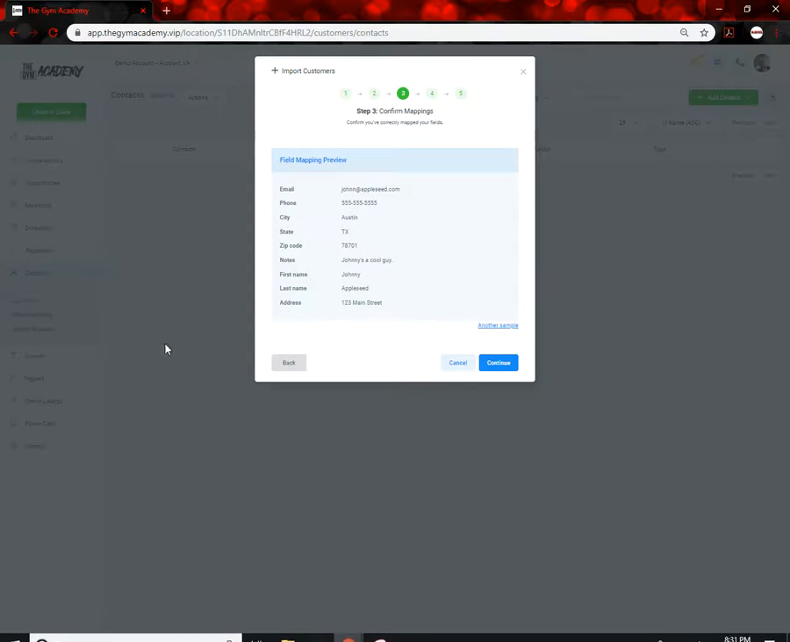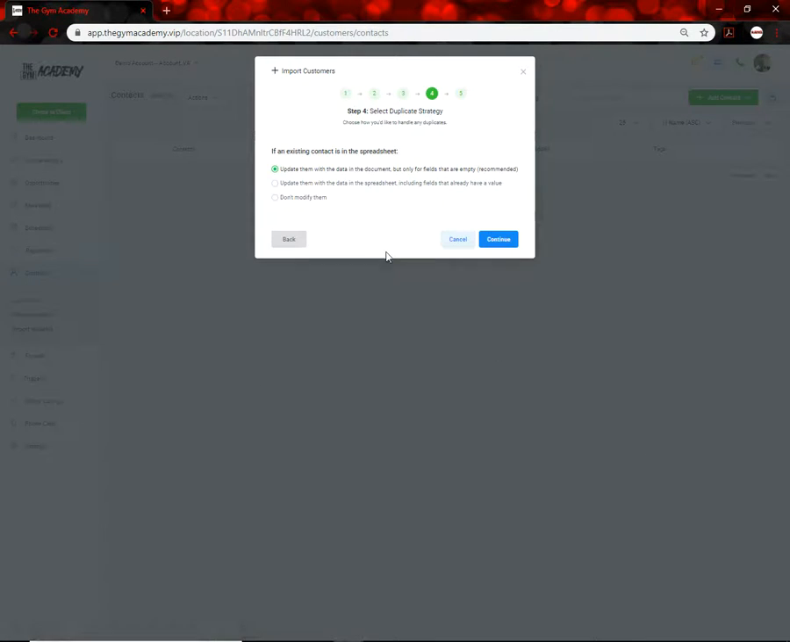And it's going to pre-populate an example of what's going to be brought over. So we look like we got Johnny Appleseed's email here in the top. A phone number matches up with phone. Austin's the city. Texas is the state, and so on and so forth. Everything here looks like it matches up well, but if you have some issues or questions about that, you can always load another sample and take a look to make sure everything's lining up right. It looks like we're good, so we'll go ahead and move on to how we want to import the contact